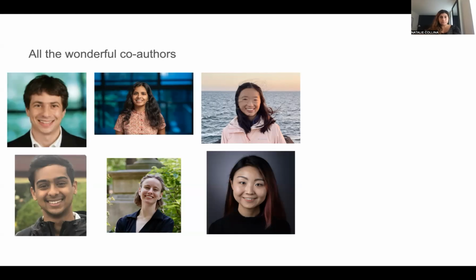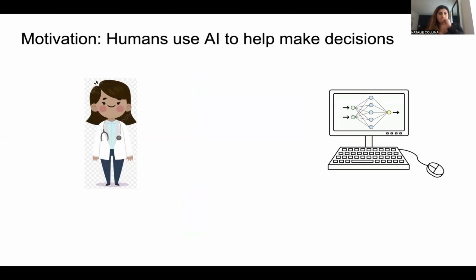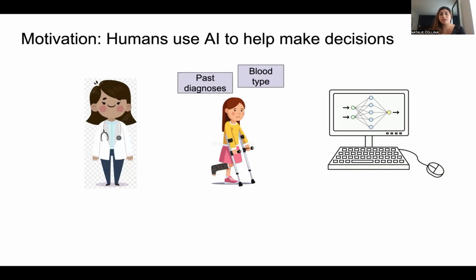Varun, Ira, Myra, Serbi, and Aaron are all on at least one of the papers that I'm going to touch on today. So the general motivation for this line of work is that increasingly humans are using AI to help make decisions. The motivating through line we'll see in this talk is we have a doctor and an AI system. Say a patient comes in and would like to get help, and the doctor would like to come up with a good medical solution for them. There's some information about this patient which is perhaps immediately legible to the doctor and also to the AI system, something that they read on their intake form, so that they can both directly understand the implications of.